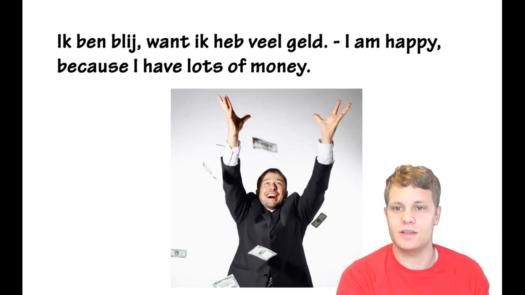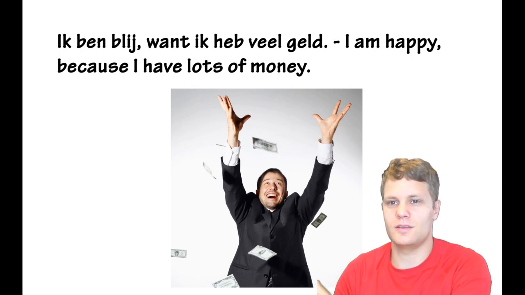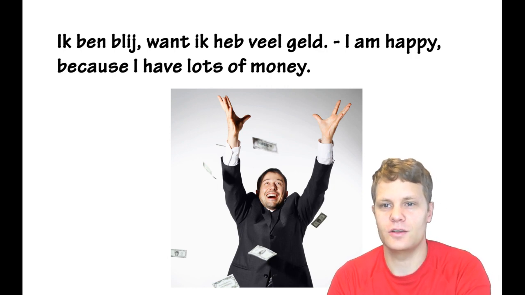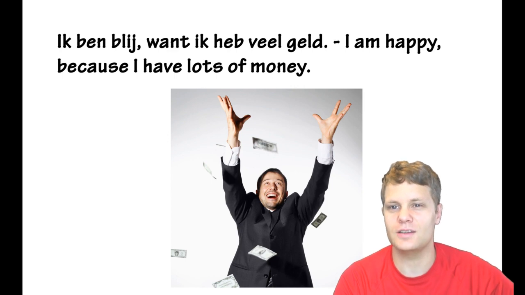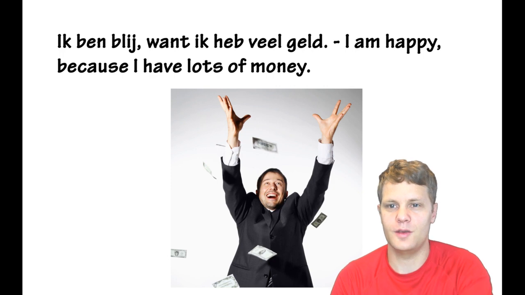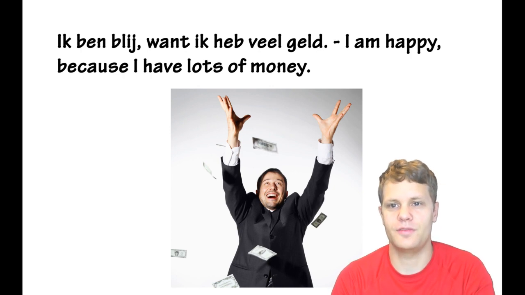Here's another sentence without inversion. So it stays the same, which means the person and then the verb are in the same order as if there was no conjunctive. Does that make sense? Ik ben blij. I am happy. Want ik heb veel geld. Which is, you know, money doesn't really bring happiness, but it sure comes in handy to pay the bills, right? Ik ben blij, want ik heb veel geld. Because I have a lot of money. Much money, right? Want ik heb veel geld.